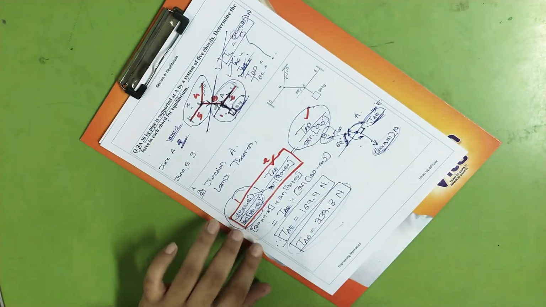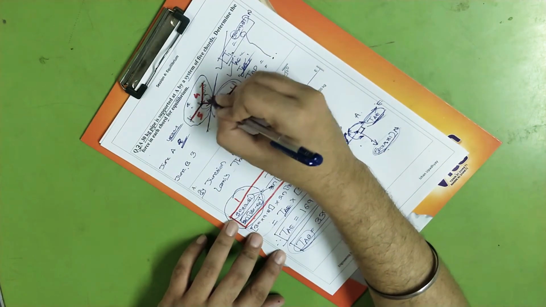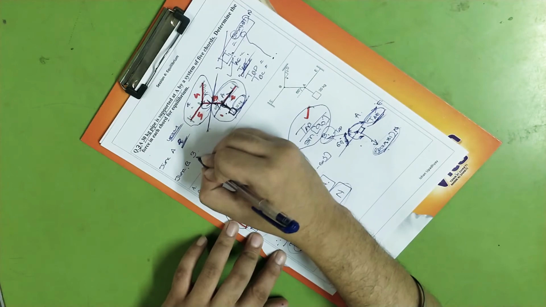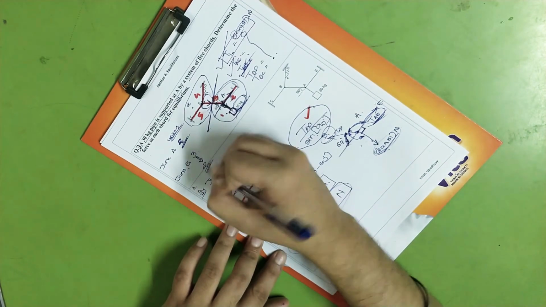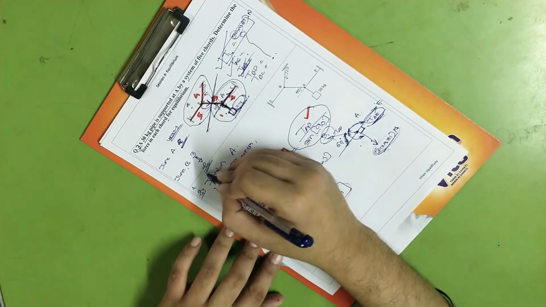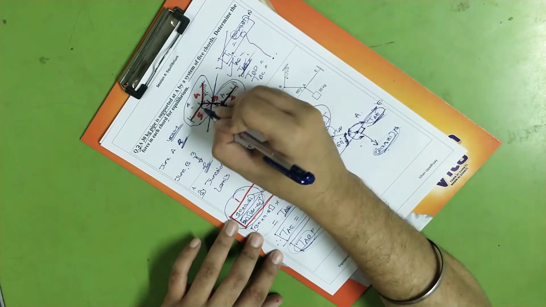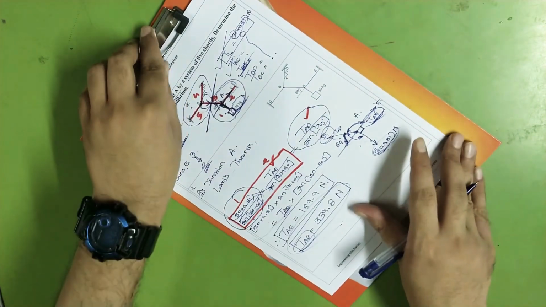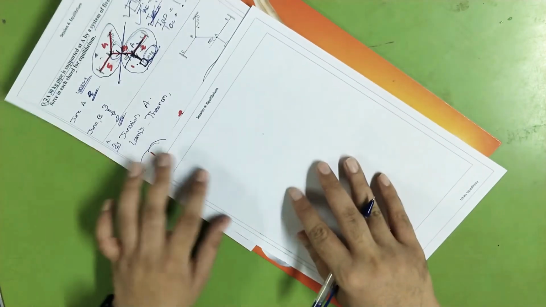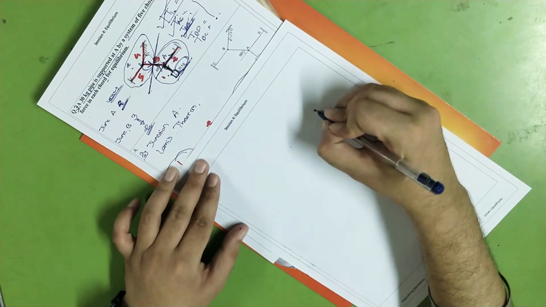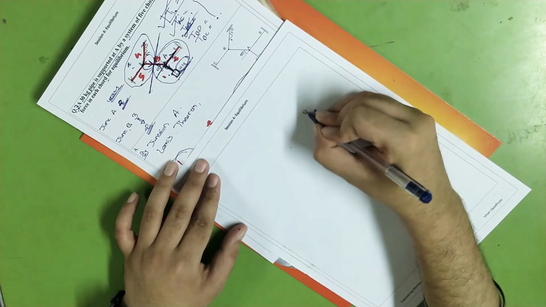Okay, so what I have done, by calculating this TAB, here I have got the answer of this TAB, and the 3 unknowns of junction B are now reduced to 2 unknowns, and those 2 unknowns are what? TBD and TBC. Okay, so now let us go for junction B. First I'll draw junction B over here. So this is junction B.